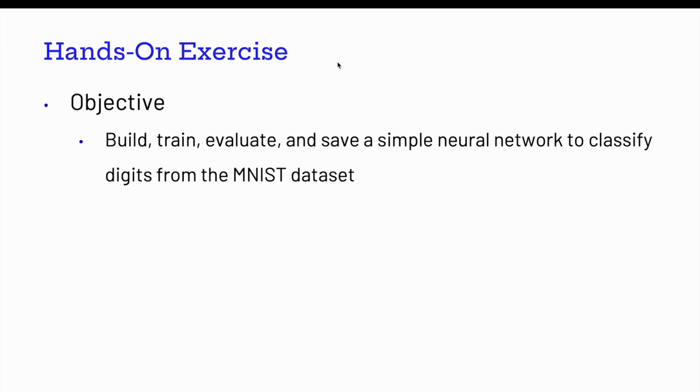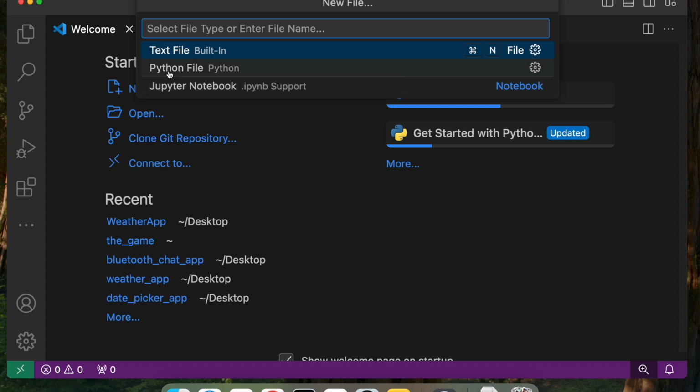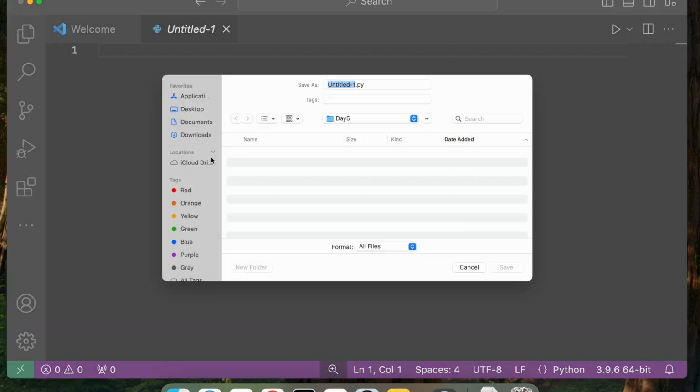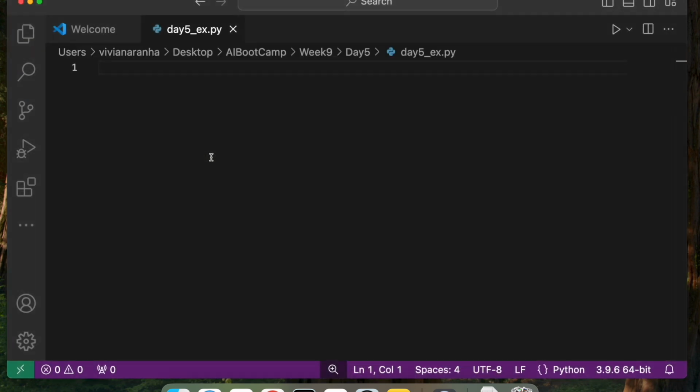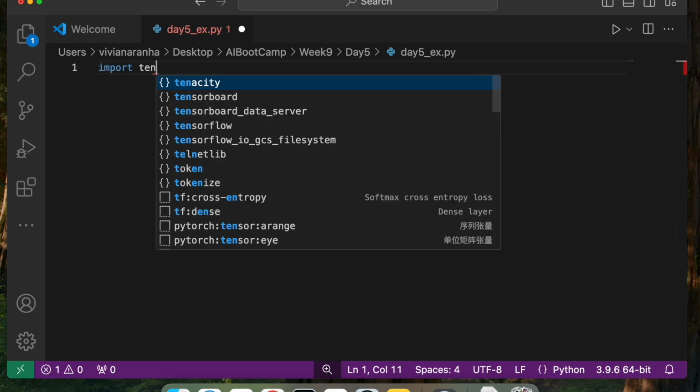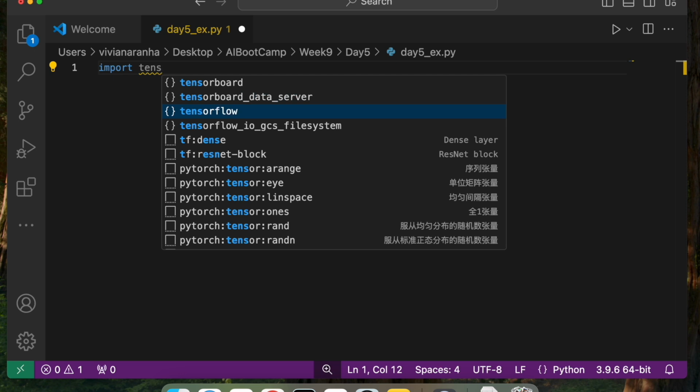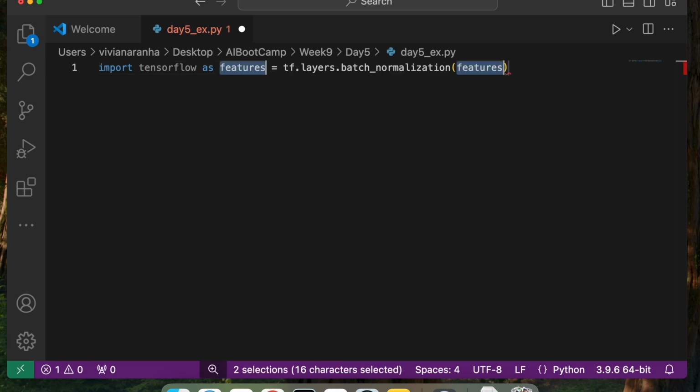So step one is create a file first, save it as day5_exercise, and here we'll load and pre-process the MNIST dataset. So I'm going to import tensorflow as tf.